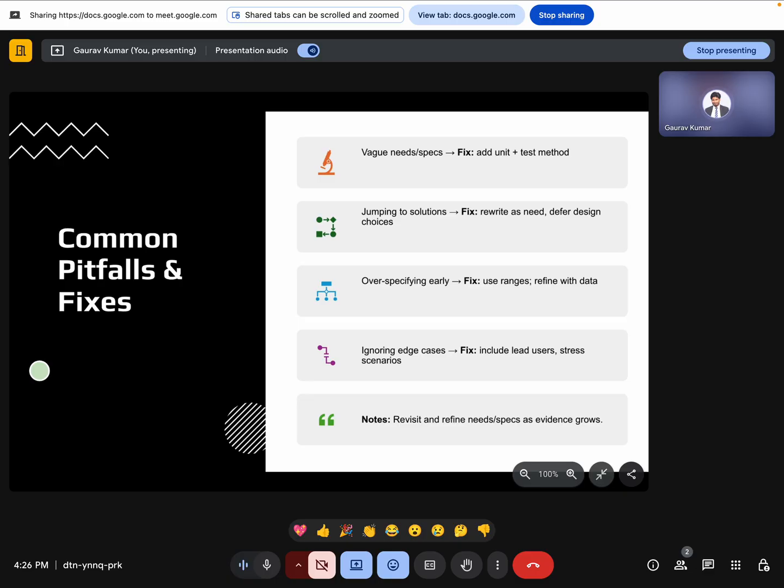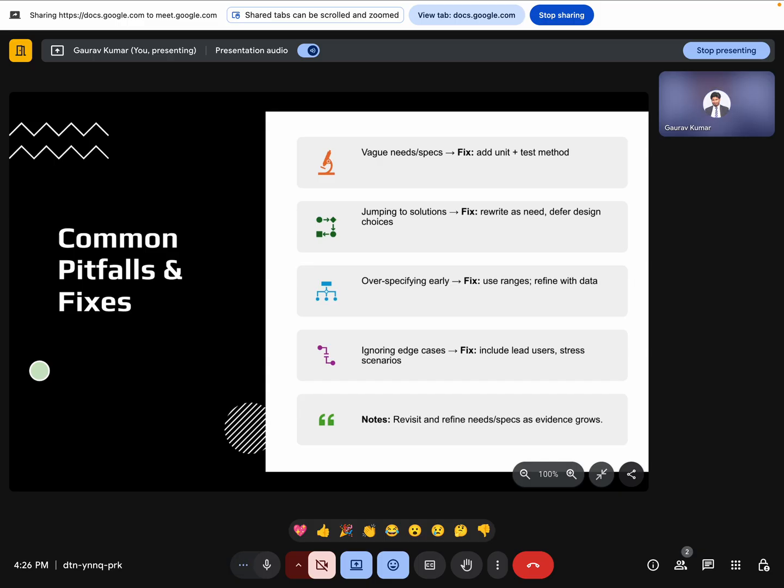Next is common pitfalls and fixes. Teams often stumble in predictable ways. Weak needs and scope creep come in when pressure rises. The fix is always to add a unit and a test method. Jumping to solutions shows up as mechanism or latent language. The remedy is to rewrite the statement back into needs and deliberately defer design choices